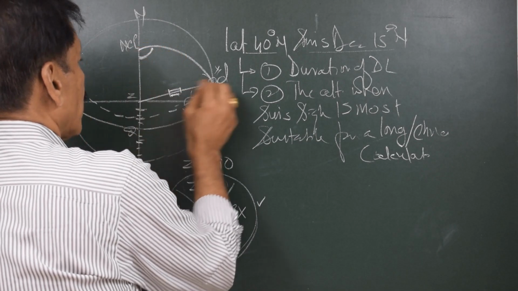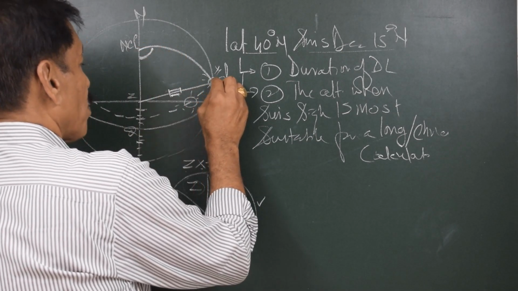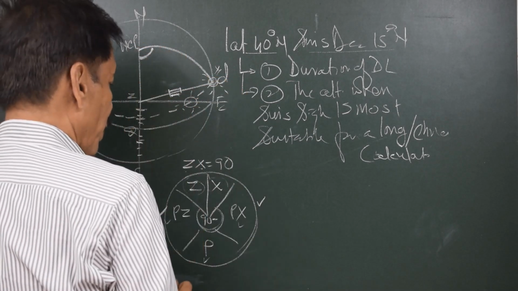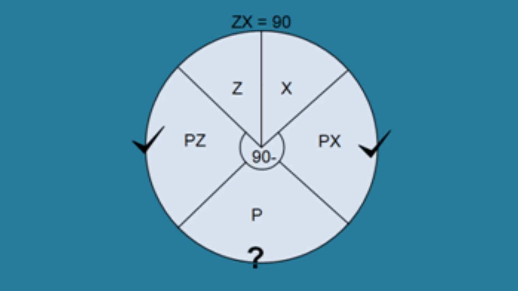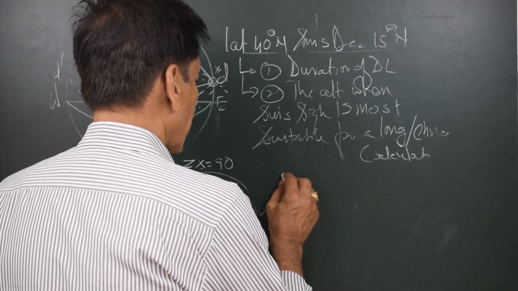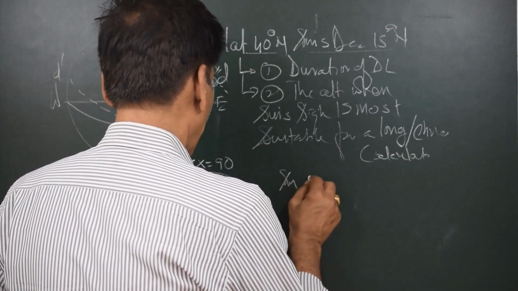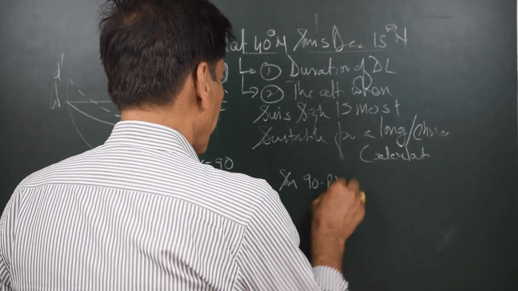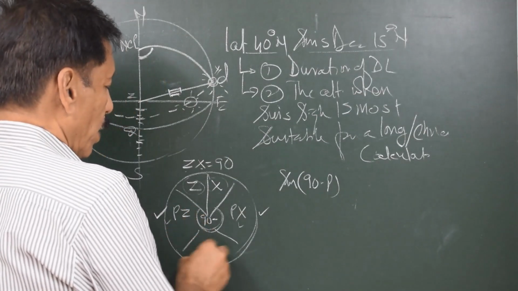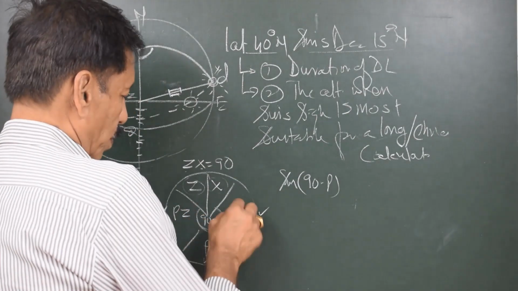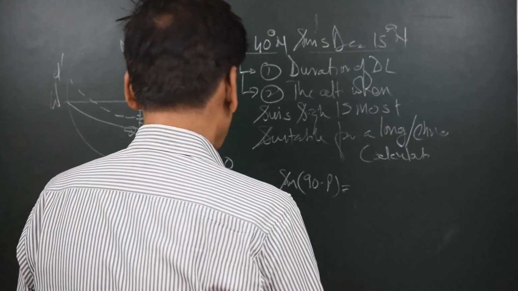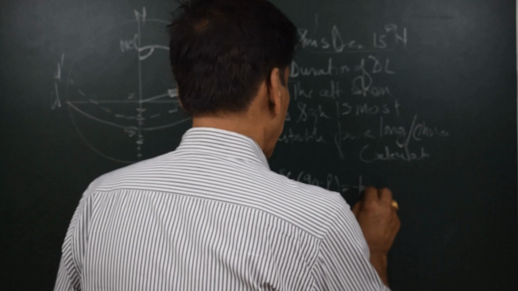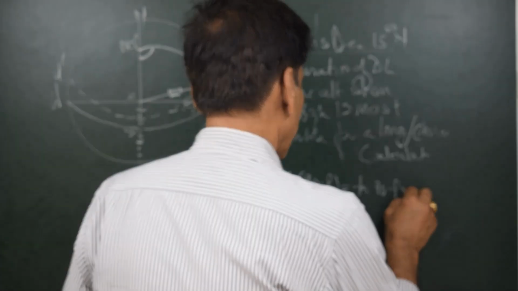This angle P is the angle that is traced from sunrise to meridian passage, right? So we need to find out this angle P. When all the three parts are together, we have the first rule of Napier's, that is sine of the middle part, 90 minus P, because we are selecting the parts from these lower three, we have to write 90 minus. Sine of 90 minus P is equal to tan 90 minus PZ